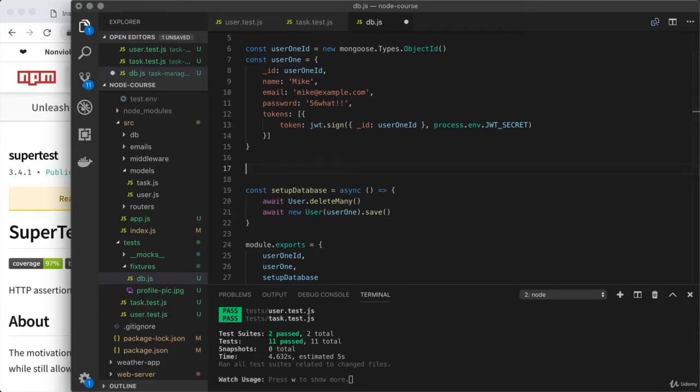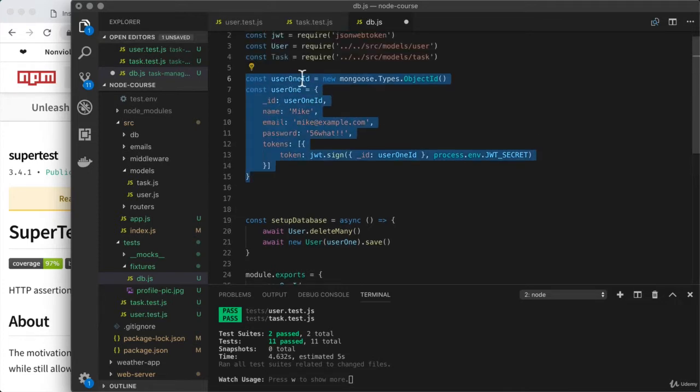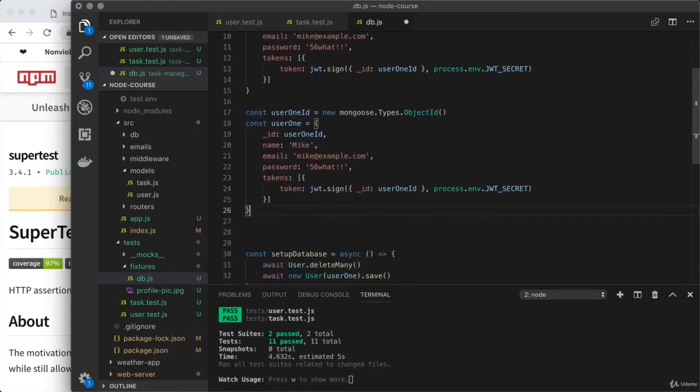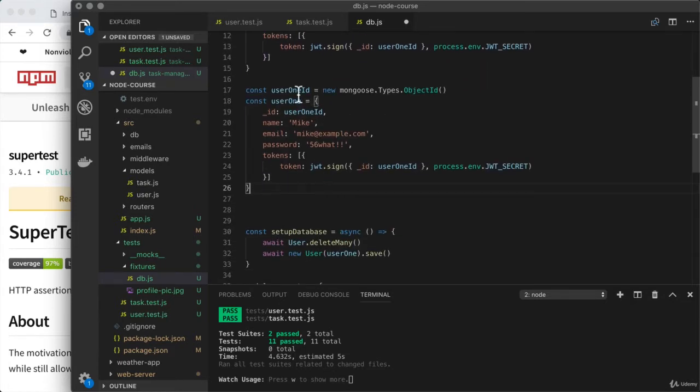I'm going to create a couple of tasks, and we'll even create a second user we could play around with. Let's get started with that second user right here. I'm going to take everything for the first user, our two variables. Down below, I'm just going to paste them, changing some of the information. So for the second one, I'll have user2ID, then the object user2, and down below where we reference the ID, we want to make sure to grab user2ID here, and when we create the JWT,